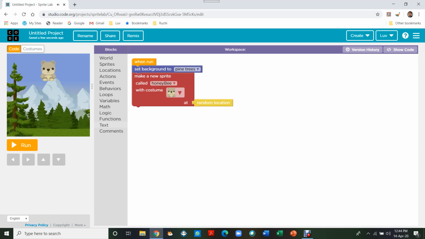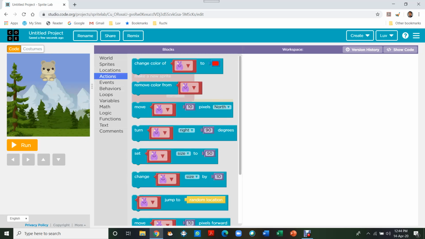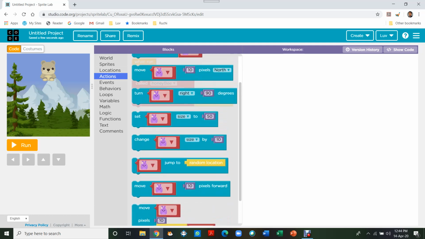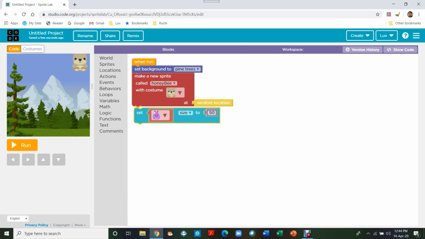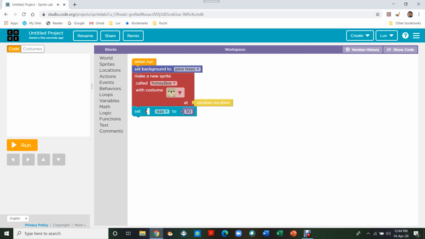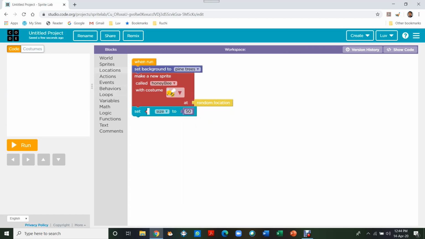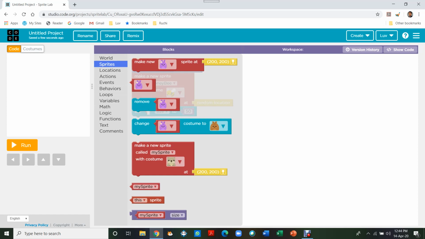Then after that we'll go to actions and here we are going to set. Also I forgot to make this into a honeybee. We are going to make it into a honeybee and then go to sprites, set